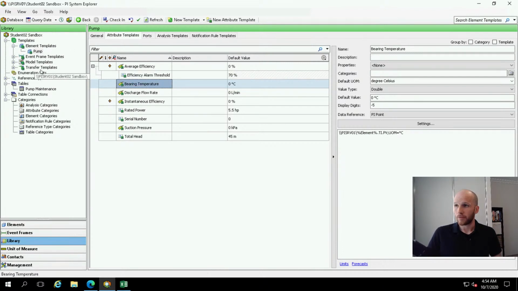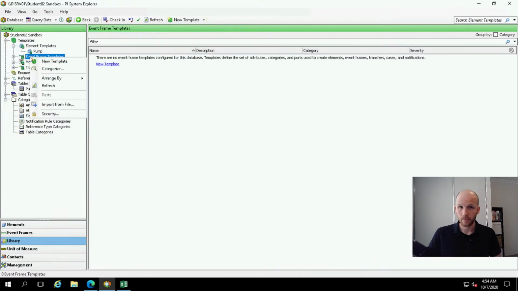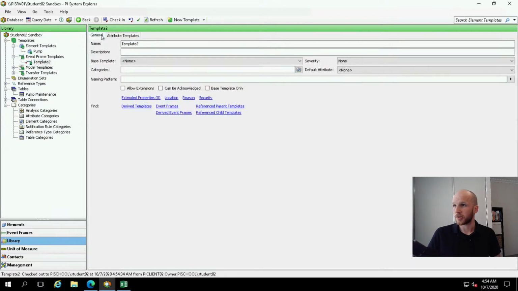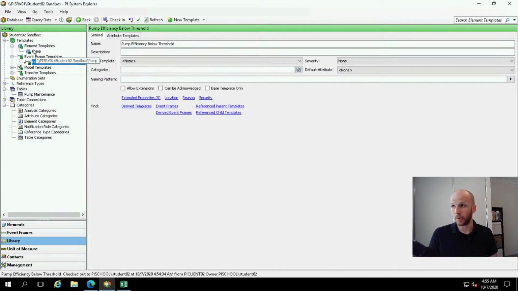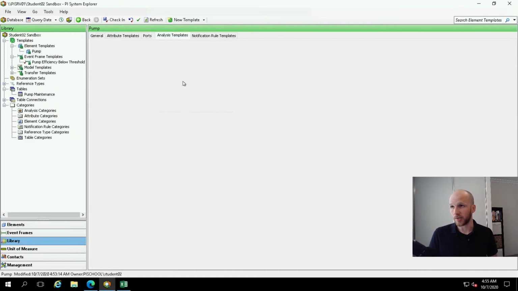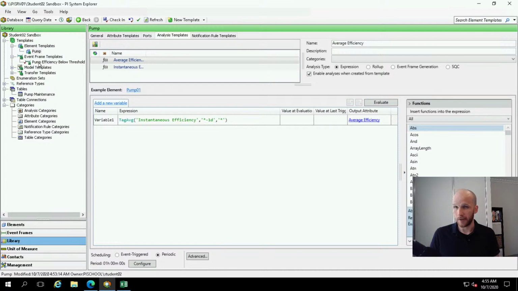Okay. So first off, I'm going to create an event frame template. Make a new template. This template will be called pump efficiency below threshold, or pump efficiency alarm, whatever you want to call it. We don't need to configure anything here. It just needs to exist. Okay. Now in our pump, we're going to create another analysis to trigger this event frame, which will in turn